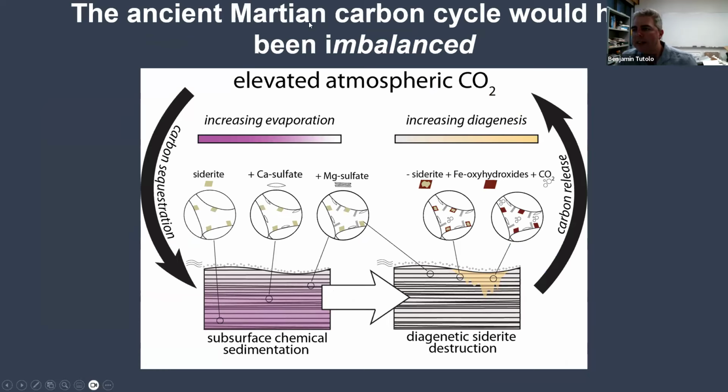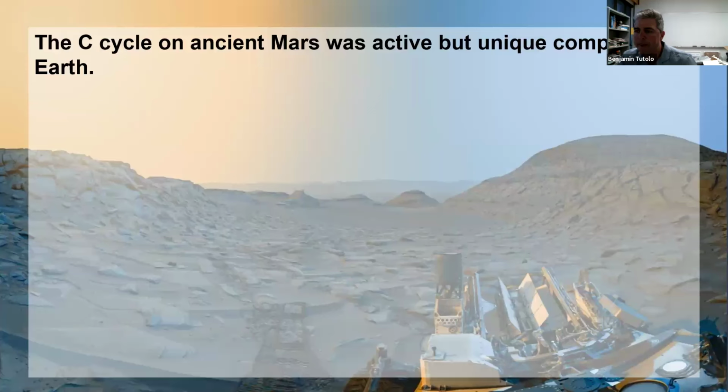And so what that implies is that we had this ancient Martian carbon cycle that was partially imbalanced. So what happens is we form the siderite, calcium sulfate, and magnesium sulfate. Through diagenesis, fluids infiltrate significantly later. And as those fluids infiltrate, they react with our pre-existing siderite. Doesn't necessarily completely destroy the siderite. We see samples that contain both siderite and oxyhydroxides. Produces some more CO2. That CO2 gets released back into the atmosphere, and then you can complete the cycle in the way that you, again, can reprecipitate that siderite. But ultimately, because there is no plate tectonics on Mars, this cycle is fairly inefficient at recycling carbon.